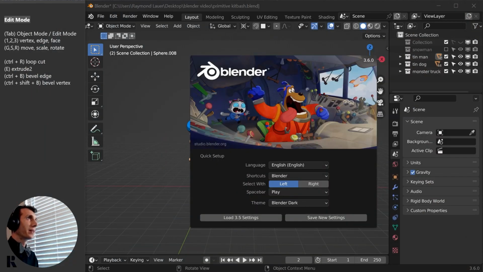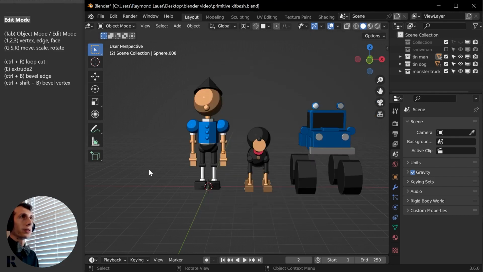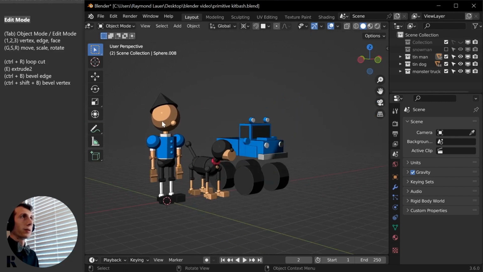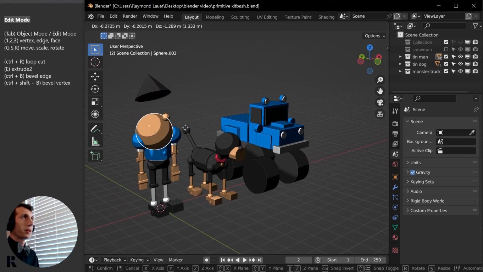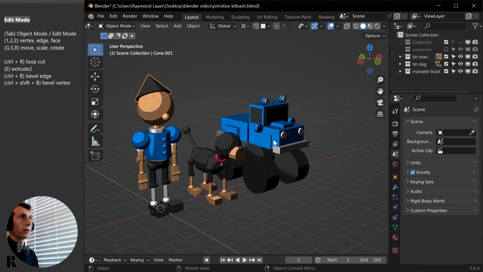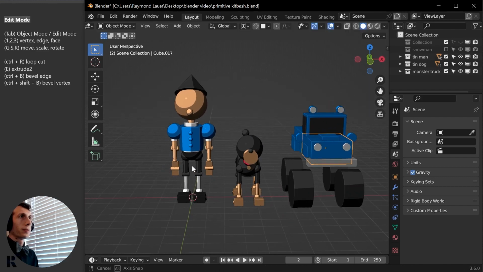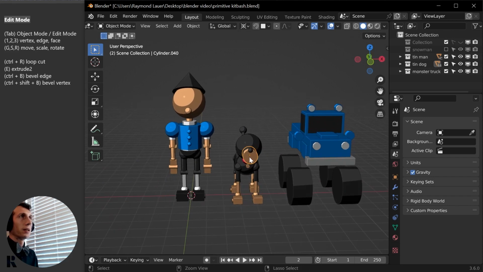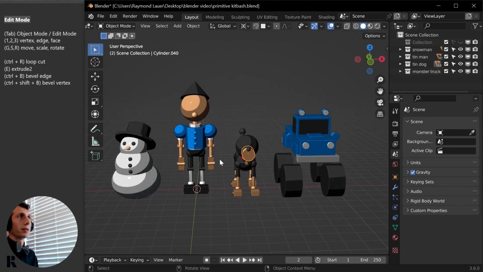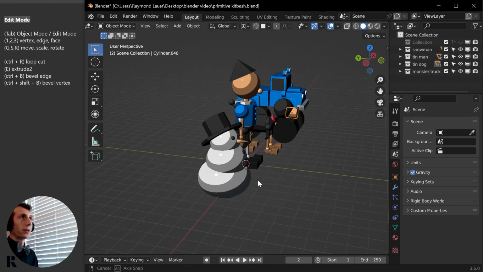This is going to be a quick video on how to use edit mode. So without further ado, let's just jump right into it. Last time we made some things out of the simple default shapes. We used the sphere, cone, cube, cylinder, just some of those very basic shapes to make some things. And today we'll look at how to take some of those default shapes and actually do something a little bit